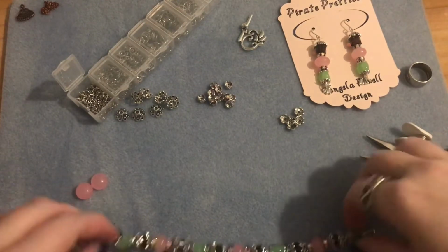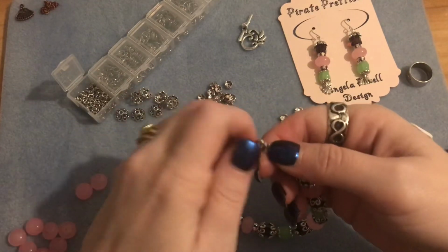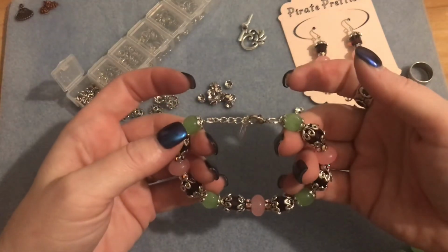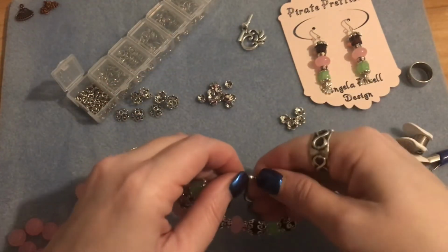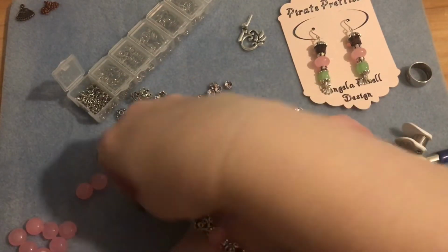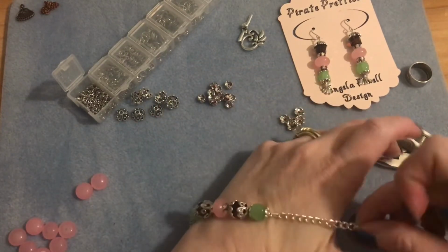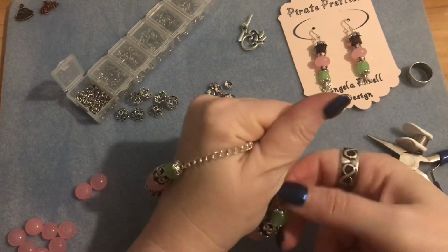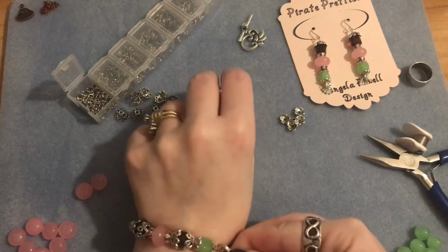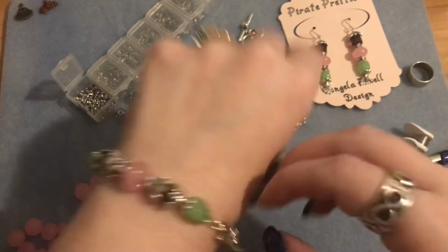And there's my bracelet. My lobster claw is on the end there, and I can adjust this now to make it whatever size I need it. Now let me see where it fits on me, because I may not need quite that long of an extender chain. I probably don't, because it actually fits. Let me see if I can do this myself. Okay, so I can actually put it on the